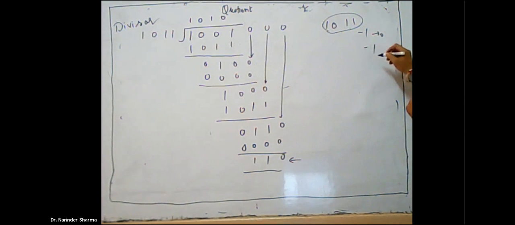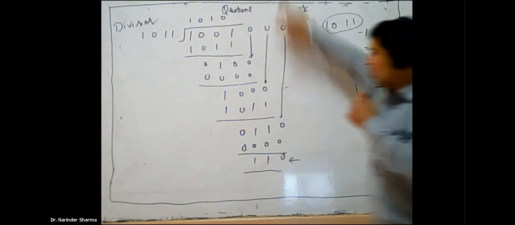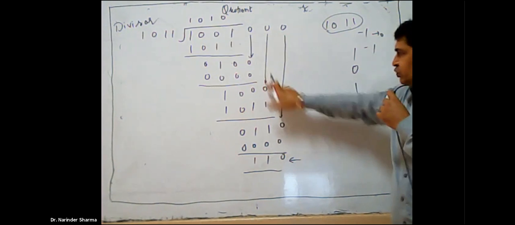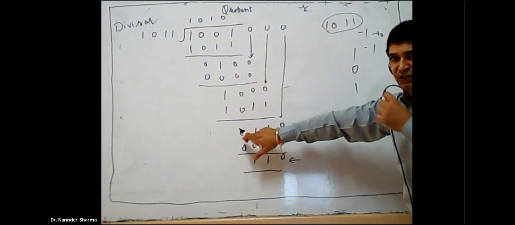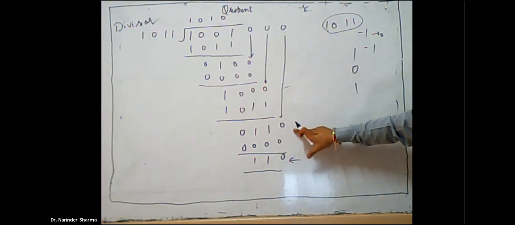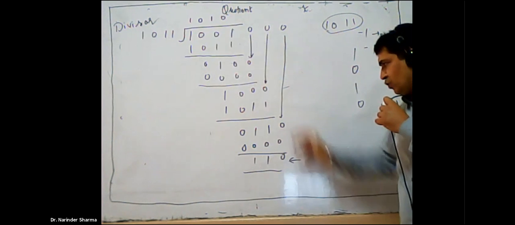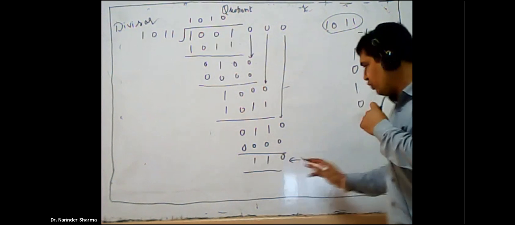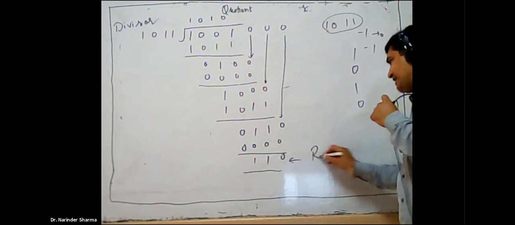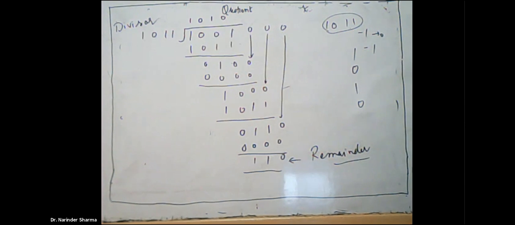Next it should be 1. First it was 1, then 0, then it should be 1. So it should be made with the 1. So 0 minus 1 is 1, 0 minus 1 is 1, and this you will get 0. This 0 has to be appended over here. Then further there is a 0. You will get 0 0 0, 0 minus 0 is 0, 1 minus 0 is 1, 1 minus 0 is 1. So you will get the remainder in this case. If the remainder is not 0, I told you that there may be an error.